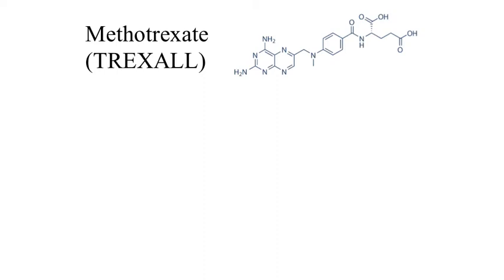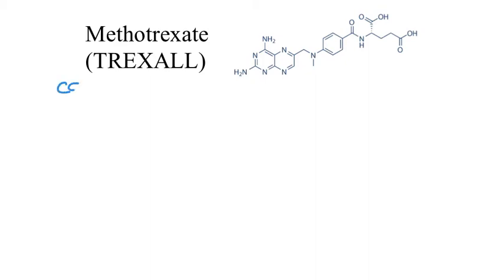The first drug I will talk about is methotrexate, which is really the mainstay of rheumatoid arthritis therapy and is one of the original and gold standard treatments for this disease state. The structure of methotrexate is shown here, and one of the common brand names for this agent is Trexall. Methotrexate is a drug that can be used both in the treatment of rheumatoid arthritis, but also in the treatment